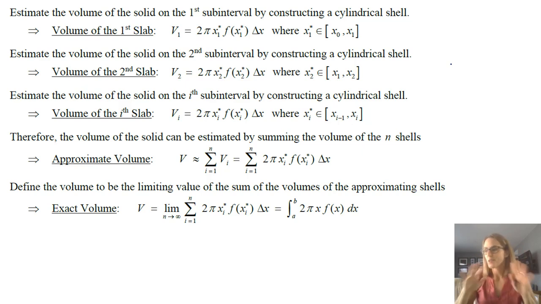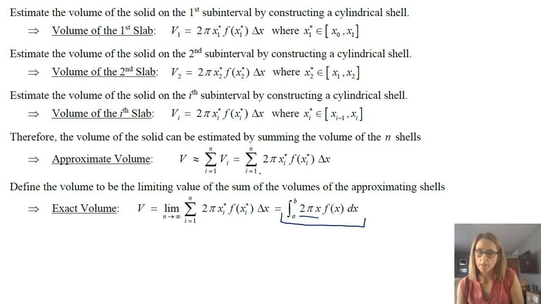So no more of writing in these, but this is the idea. Basically, you have your first slab, which is one cylindrical shell, and then another one, and then another one. And then if you do an infinite number of them and take that limit, as the depths get skinnier and skinnier, you're going to have this. So again, this is the length of the shell, this is the height of the shell, and this is the depth of the shell. And then that's what's going to create the volume when you integrate from a to b.